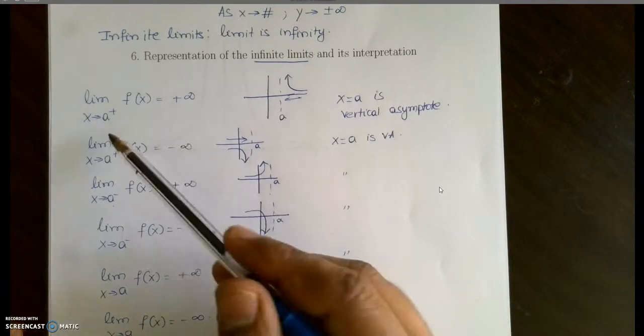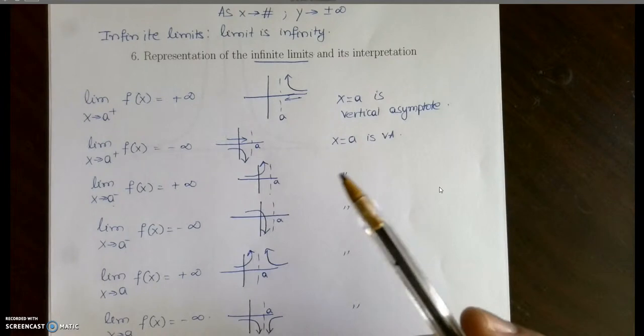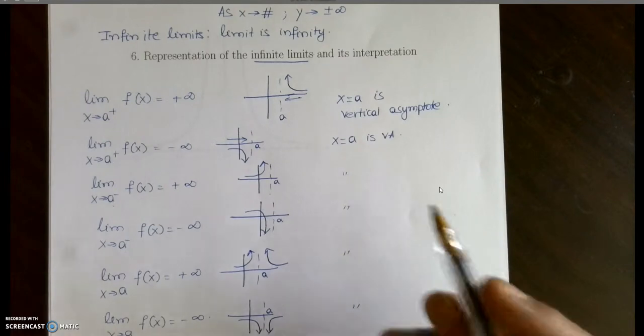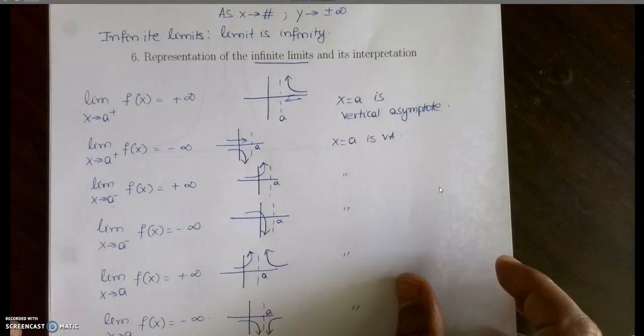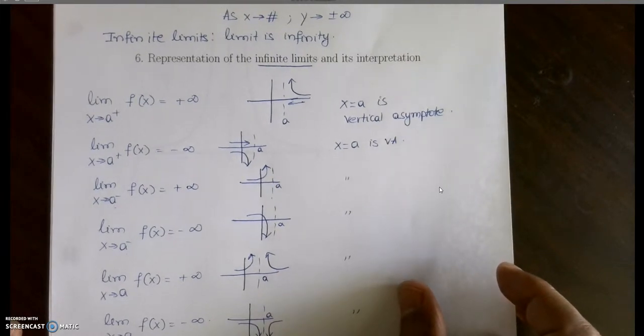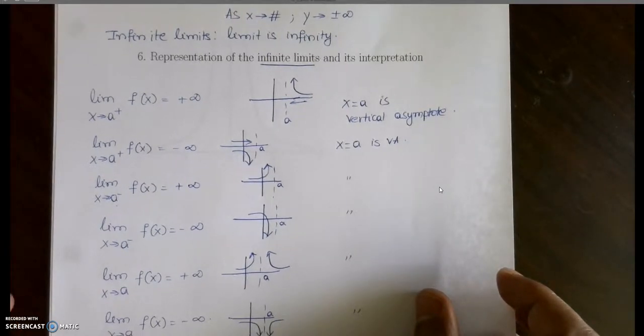You could also say, if the limit of the function approaches positive or negative infinity, x equals a represents the vertical asymptote of this function. Now let's go ahead and work on some example problems and evaluate the infinite limits for the functions that are